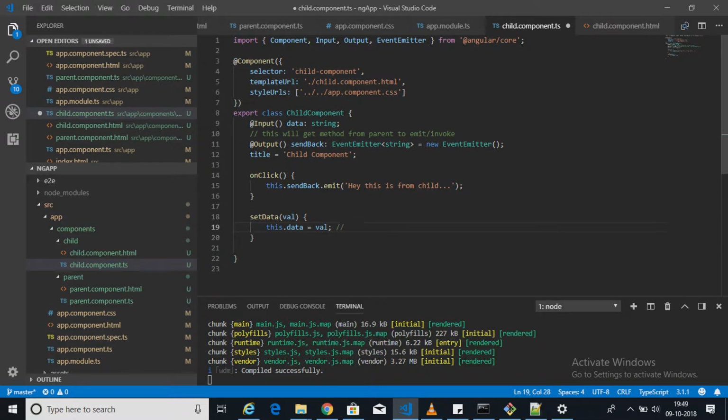So this will override the data input which we have received from the parent. Whenever I call this method, that will override this value.